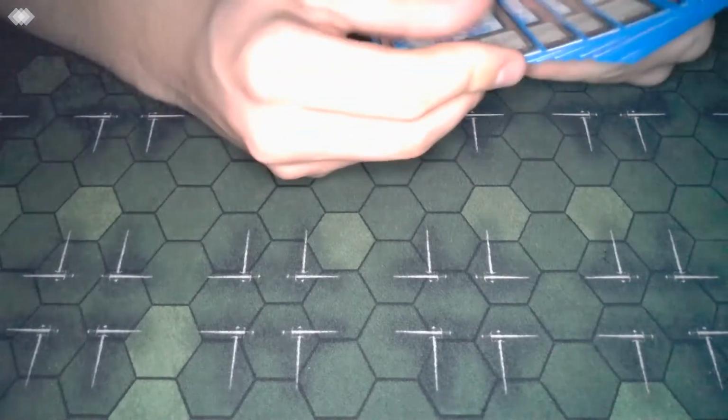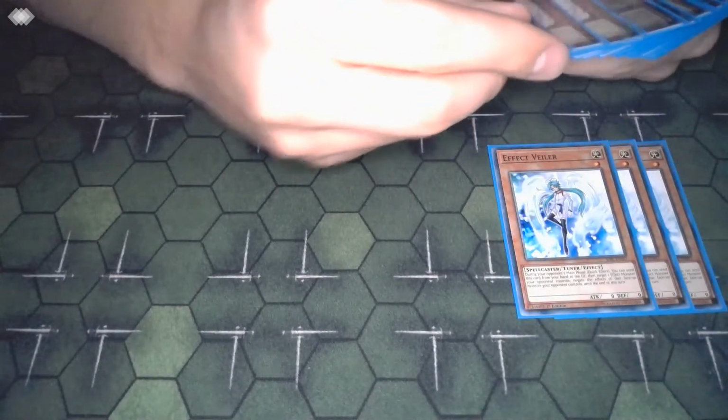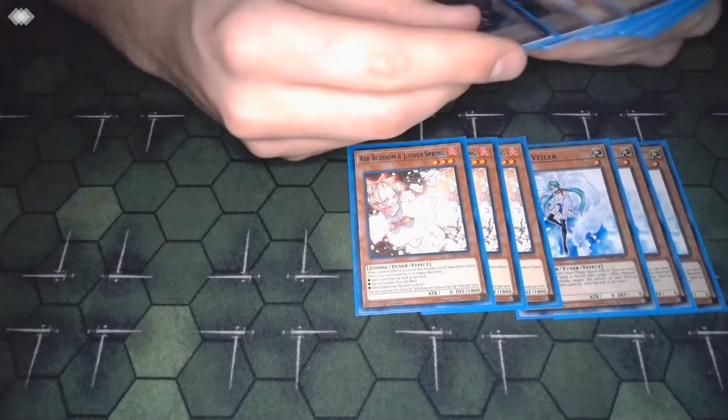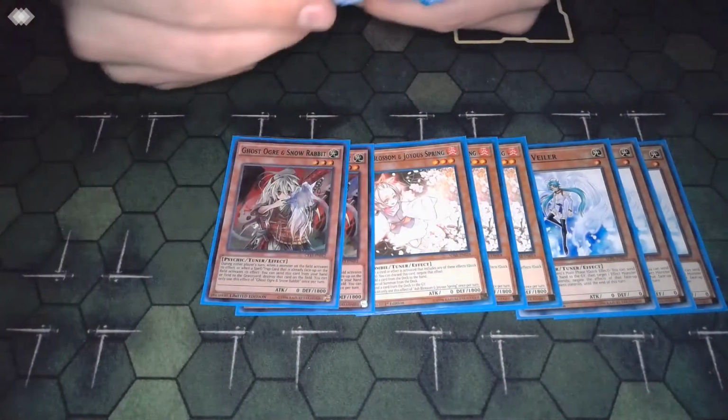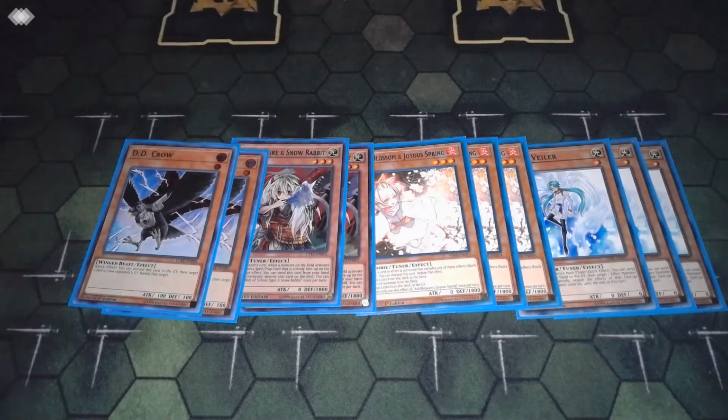Then for the hand traps, because again, this is a format where if you don't have hand traps and you go second, especially with a deck like this that's kind of combo oriented, you just lose if you go second and don't draw a hand trap versus so much stuff. So we're playing 10, and also this is a budget version